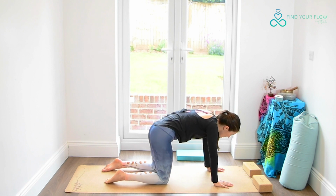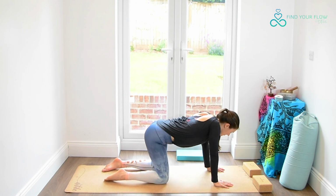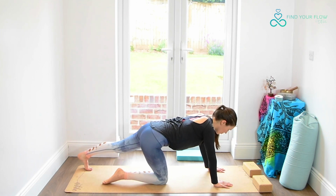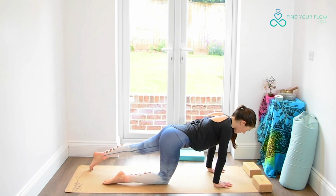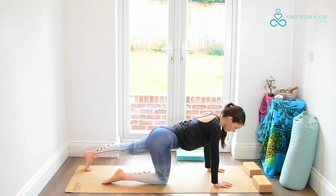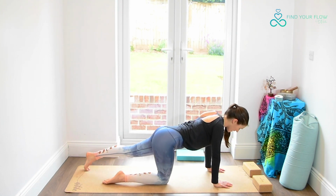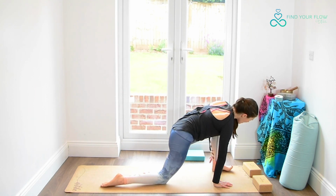Just wiggling the hips around one way and the other, before sending the left leg out long behind us, toes tucked under and rocking forwards and back. Nice, lifting the left leg off the ground, bending that knee, stepping it all the way forwards, coming into our